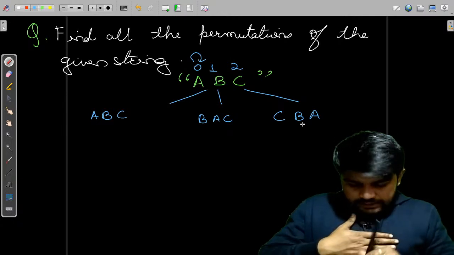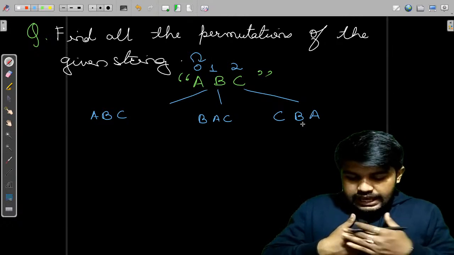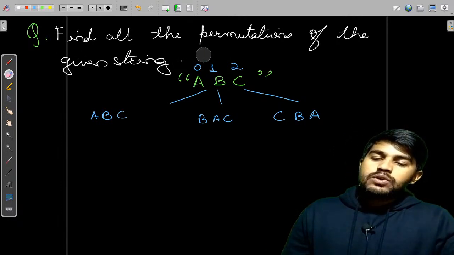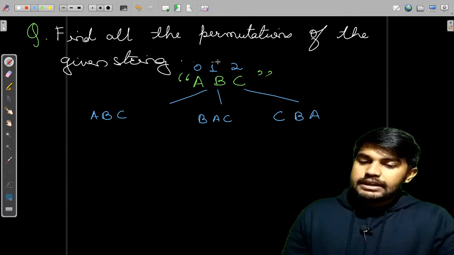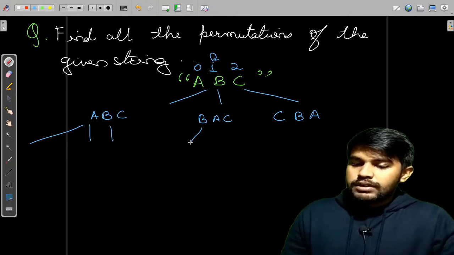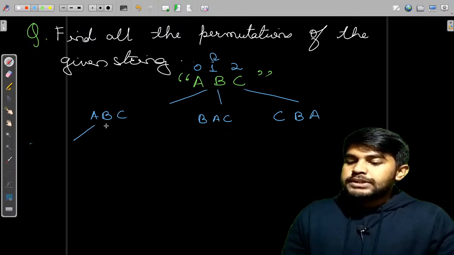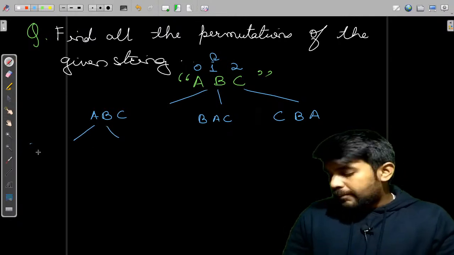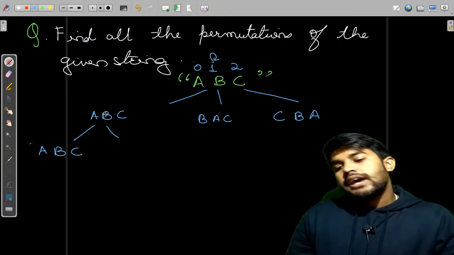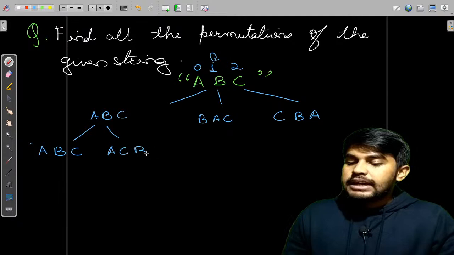Suppose this is 1 point, this is 1 point, this is 1 point. I would stand here and swap with this position, and then I would stand there and swap with that position. Now I would take hold of the second character B, and swap it with each position. B swapped with itself remains the same, so A, B and C. If B is swapped with C, this becomes A, C and B.